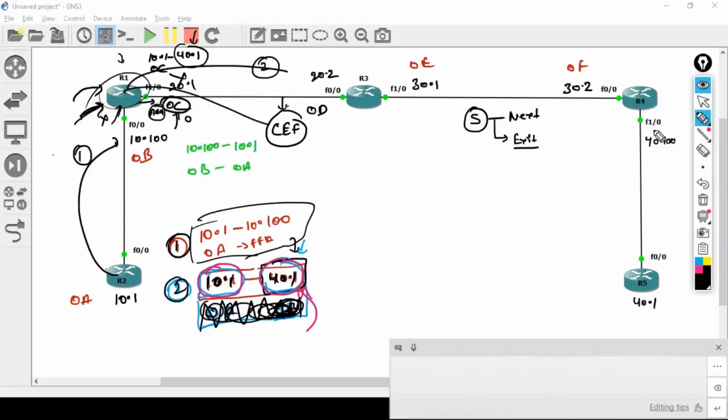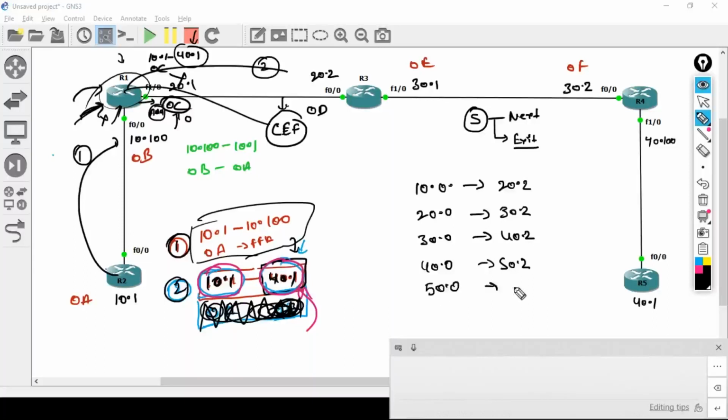On R4 now we need to configure. Ip route 192.168.10.0, say 255.255.255.0, and for 10.0 the best exit interface will be F0/0, and for 20.0 that is F0/0, correct, right or wrong? Now in that case what will happen,